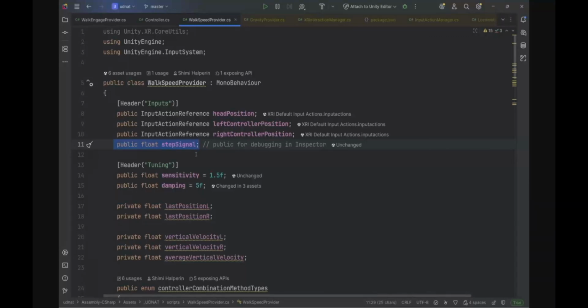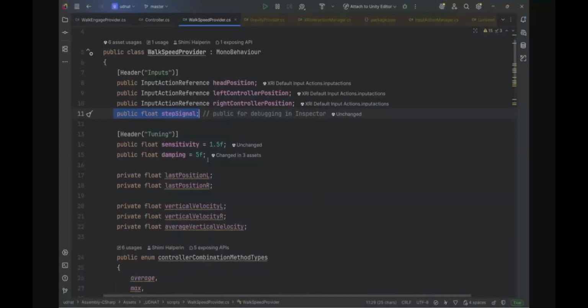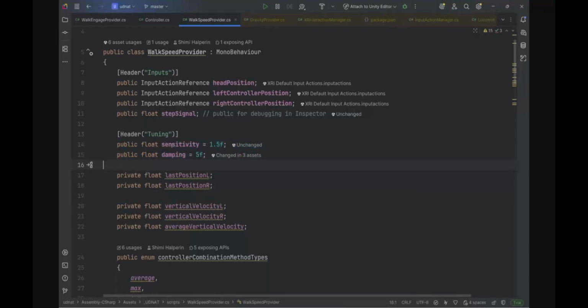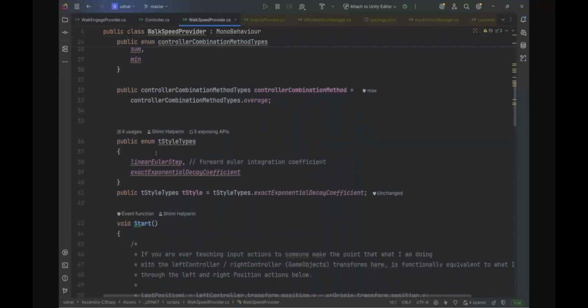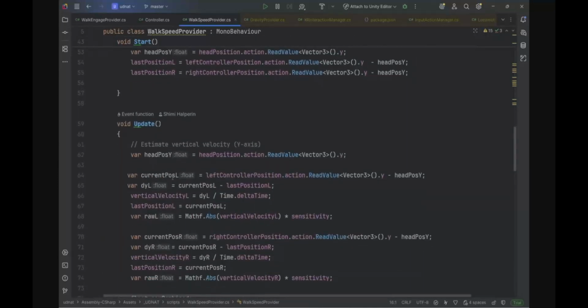The faster you pump your hands in conjunction with marching in place, the higher the signal gets, and we're using that to drive the movement forward. There are some parameters, so the math is right at the boundary of what I'm able to comprehend, but I think it's basically a low pass filter. There are two tuning parameters to the function that we'll look at in a second, and all we're really doing is